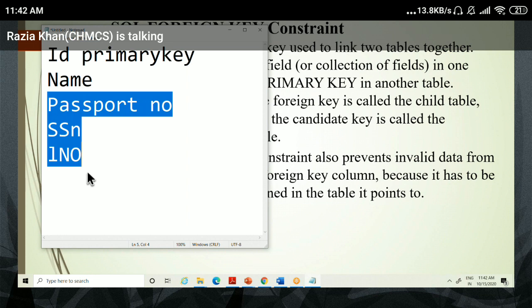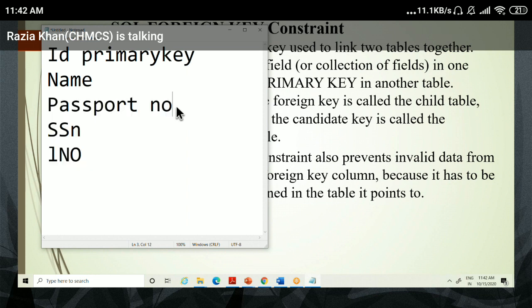Yes. So when you insert any data, for example, if the user enters the same data for the passport number, you can apply a constraint, maybe not null or unique. You can apply a unique constraint on this column because you can use multiple unique constraints in one table. Okay, so you can just apply unique.